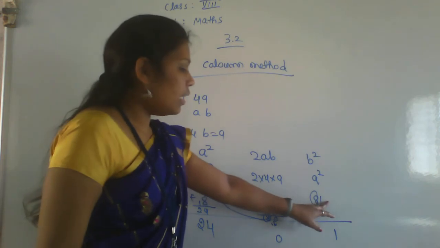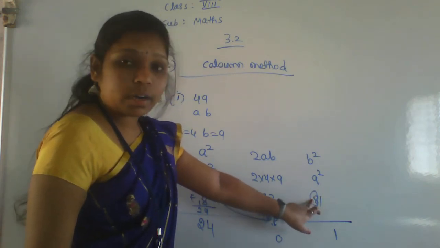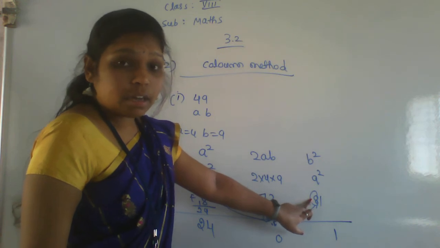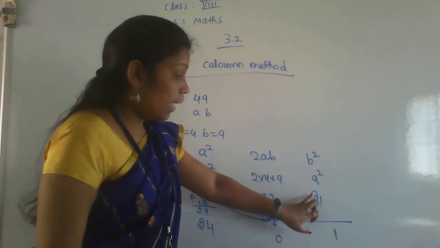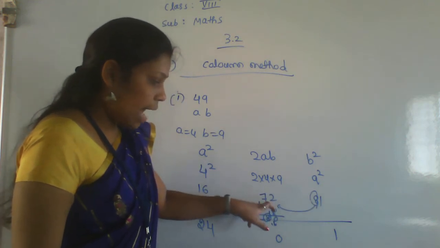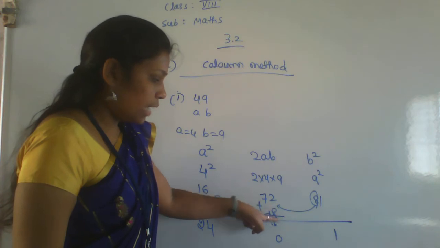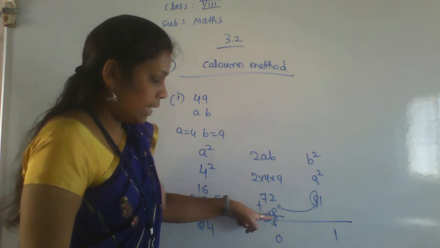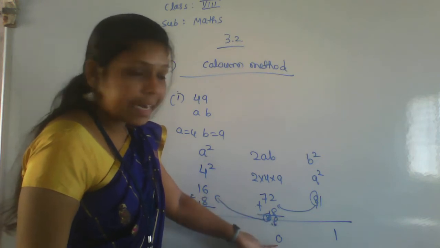Only the last one place value you have to take. Rest of the numbers, what is the rest number? That is the 8. Okay, take a 1 here. What is the left here? 8. Take 8 this side and add to this number. 72 plus 8: 8 plus 2 is 10, and 7 plus 1 is 80. You got the answer 80, and again the last number is 0 right here.